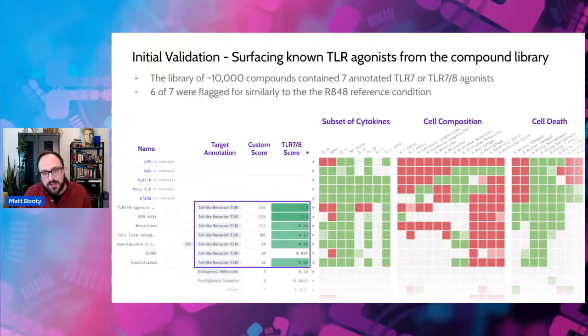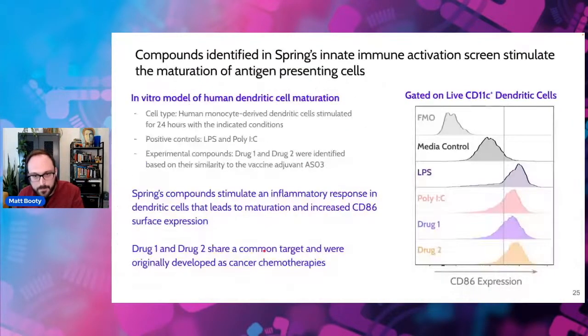And this is just a snapshot from our internal software we use to sift through all of the screening data. It's just showing a very small subset of information, but you can see the annotated TLR agonists flagged here. And again, 6 of those 7 received a high or significant TLR7/8 score. We also have a custom scoring system that's based on weighting a variety of features that we're interested in. And you can see by using this, we were able to capture all of these TLR agonists. But we identified a variety of other compounds with similarities to our controls and have started to now translate those